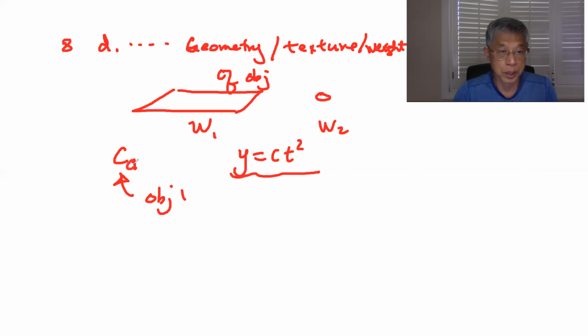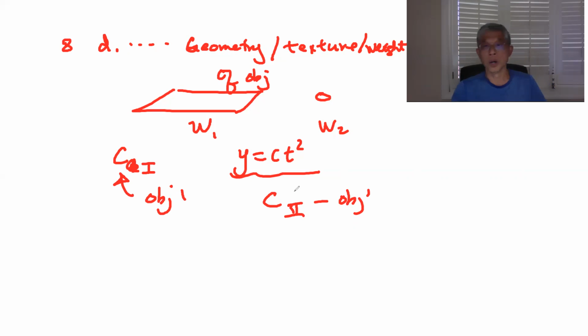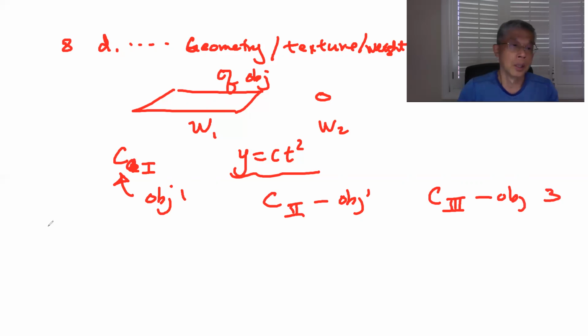And object 2, you come up with C2. But why are they different? Obviously, some of them are due to the drag, some of them are due to something else, and some of them are due to your error. So you got to go and discuss those. So number 3, object 3. Okay. And number 9 is your observation